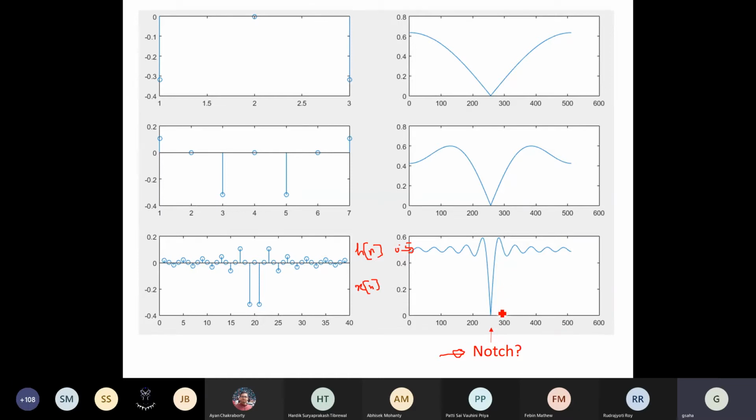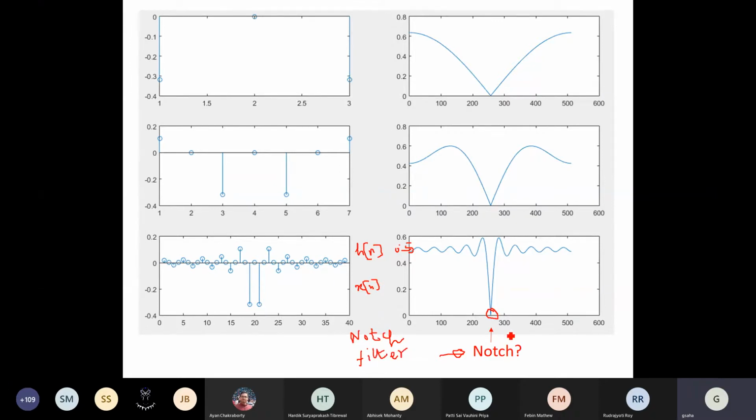Yes. So what you see here, it is more like a particular frequency being eliminated, and of course you are doing a continuous time plot, etc. So it gives a look like this. So this is like creating a notch, or a notch filter kind of characteristics that is visible over here.